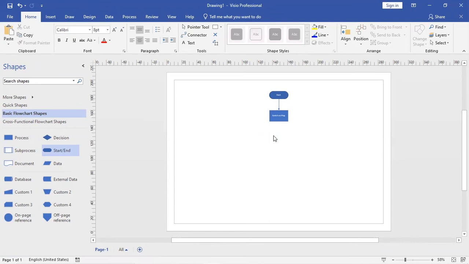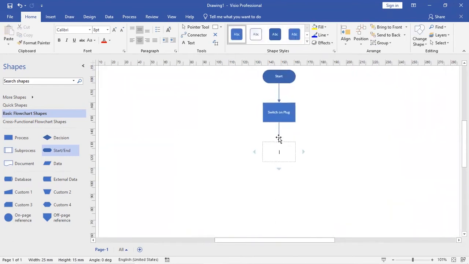Right, back to our lesson in this tutorial. Imagine that one day you are feeling happy to watch TV, but all of a sudden the screen does not show anything at all. What's next? We are going to check the power light indicator. So, use the process shape that looks like a rectangle. Double-click on the shape. Type check power lights indicator.